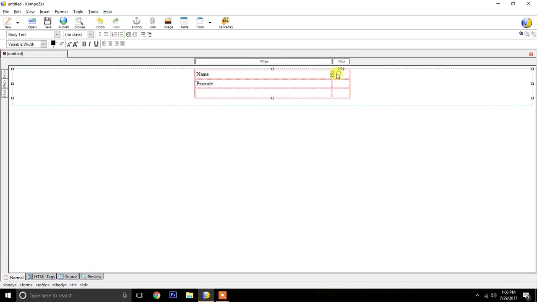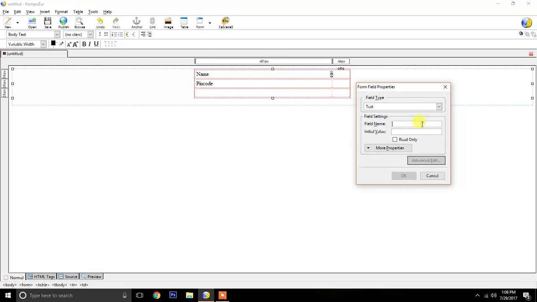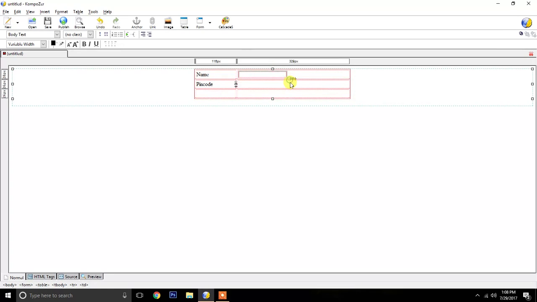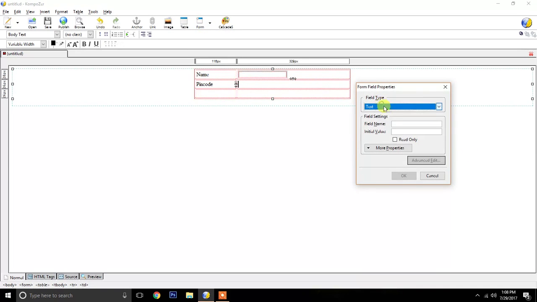That's all. So here I am going to add a form field text area, and I am giving the name itself, and okay, another form field, and I am giving the name pin code.